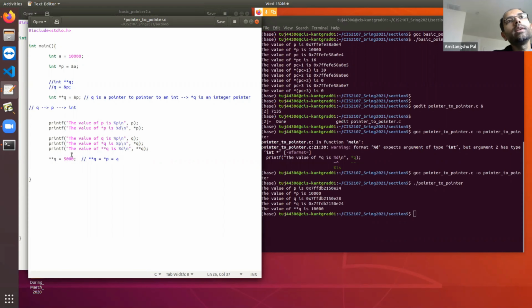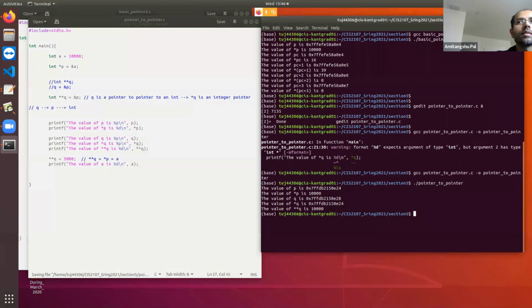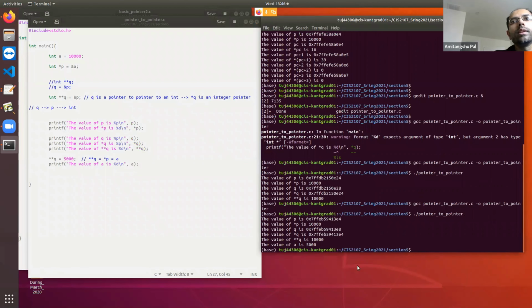That means the value of a is going to be changed to 5,000. Okay, if I print the value of a over here, you'll see that the value of a is changed to 5,000.